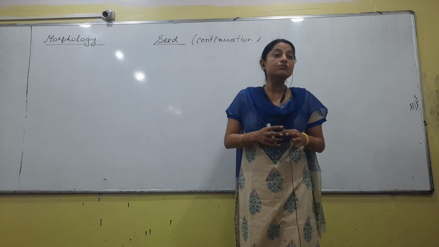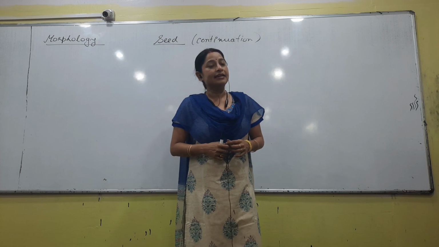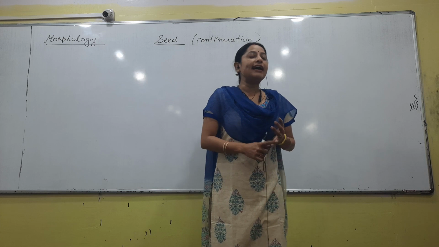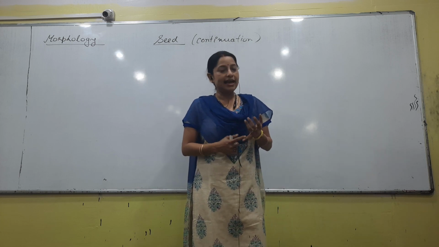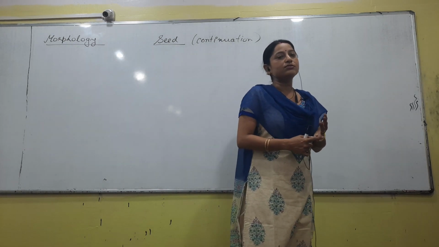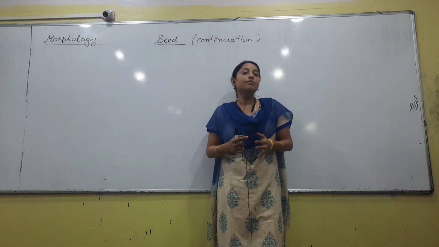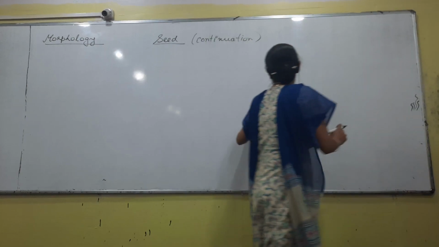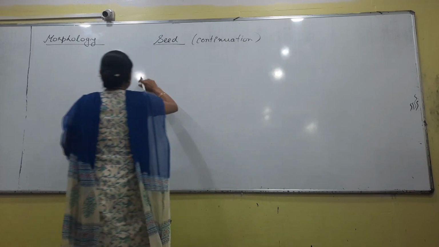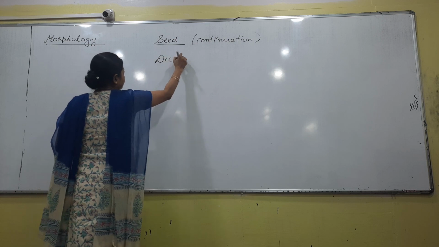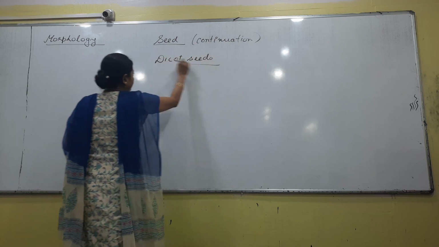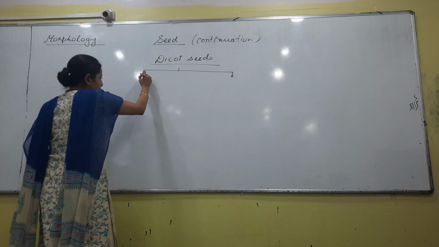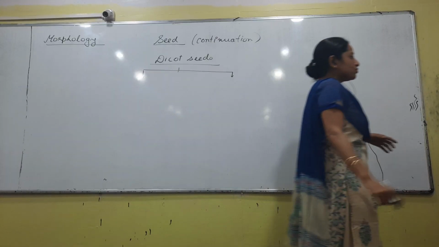Today we will be talking about the structure of a seed, right. Talking about structures, obviously we have to talk about dicot and monocot, and dicot again of two categories: dicot endospermous and dicot non-endospermous. Similarly, in monocots also, monocot endospermous and monocot non-endospermous. As far as examples are concerned, we have already discussed them in the last class, so we are not going to write more examples, just one.